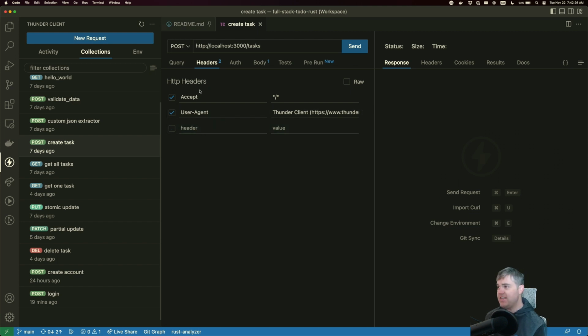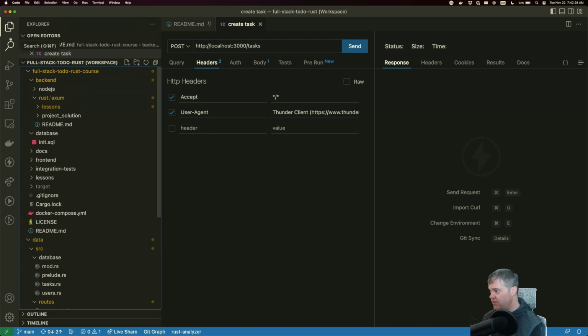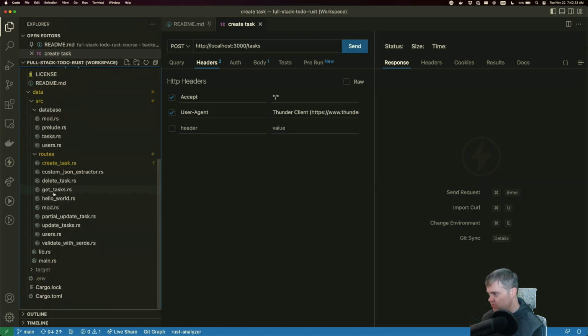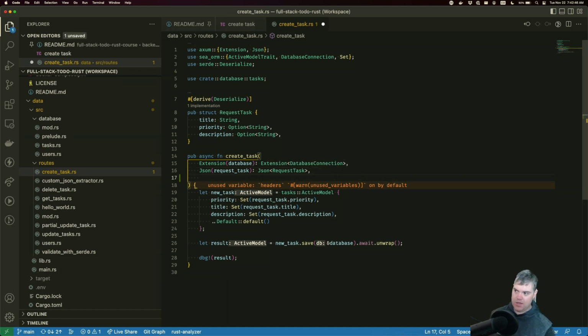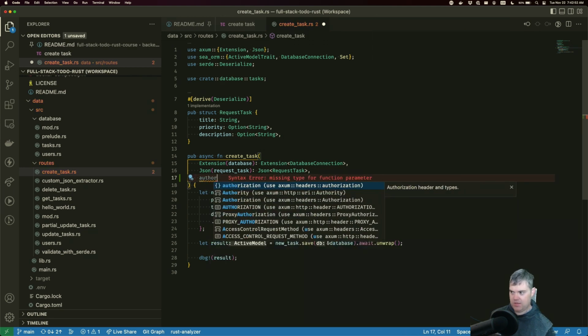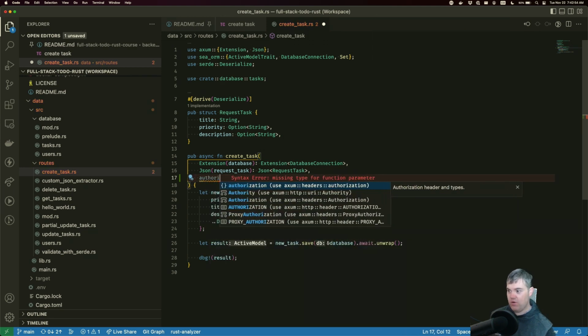Ooh, and if that's standard, can I use one of the standard headers? Let's see, authorization. Oh yeah, look at this. Axum headers authorization.